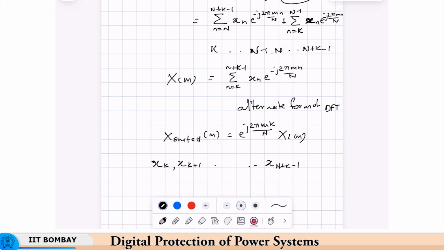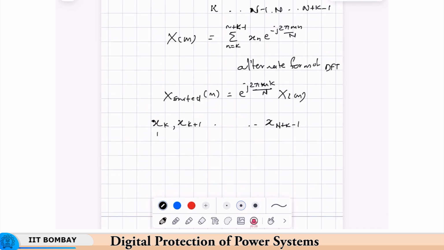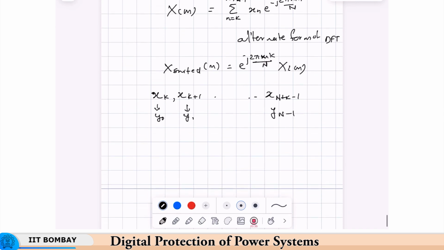So, instead of this, we will write the samples as y 0, y 1, up to y n minus 1. Okay, so we are just proving this expression. So we have this, the shifted sequence. So, the DFT of the shifted sequence,